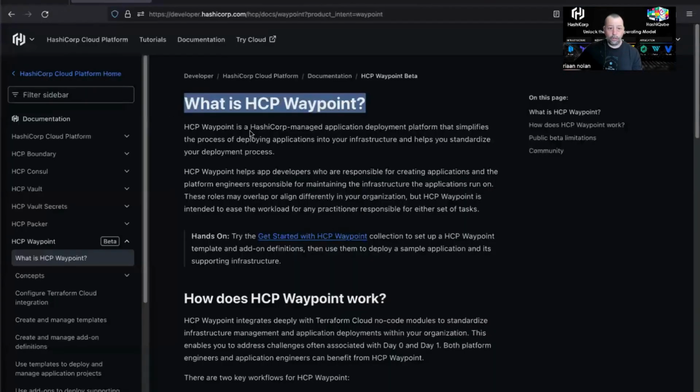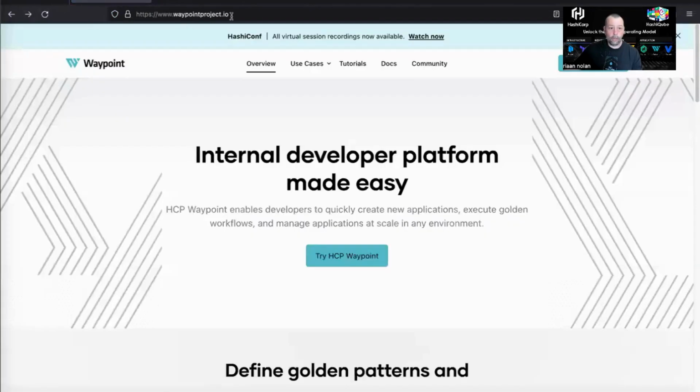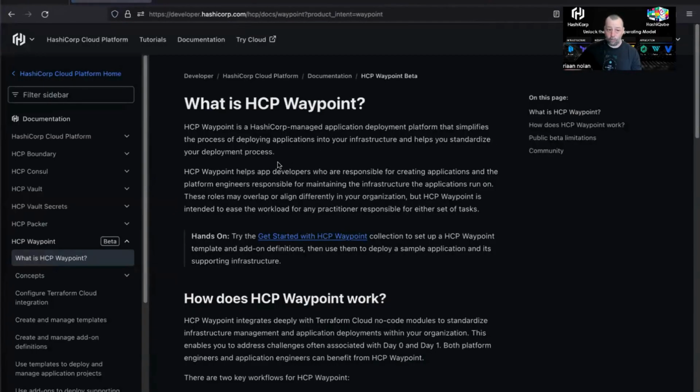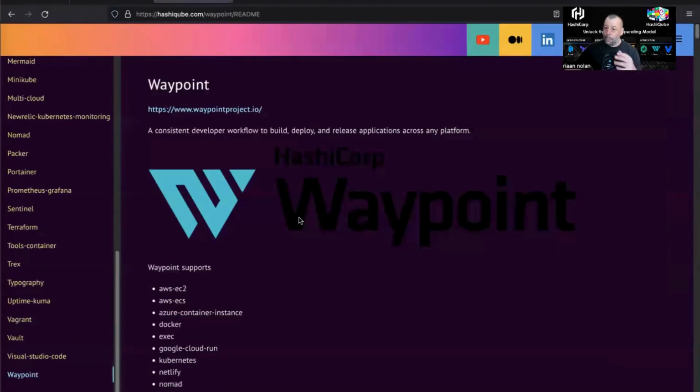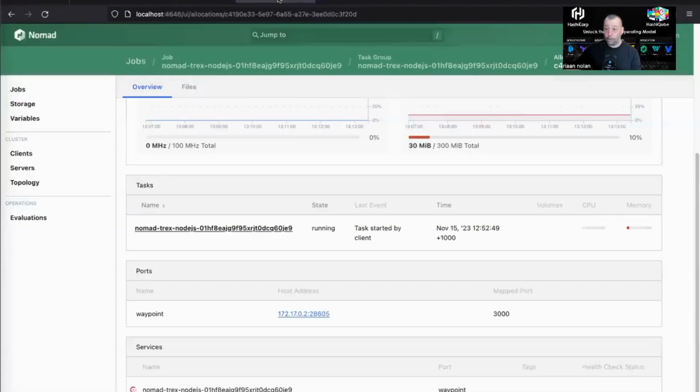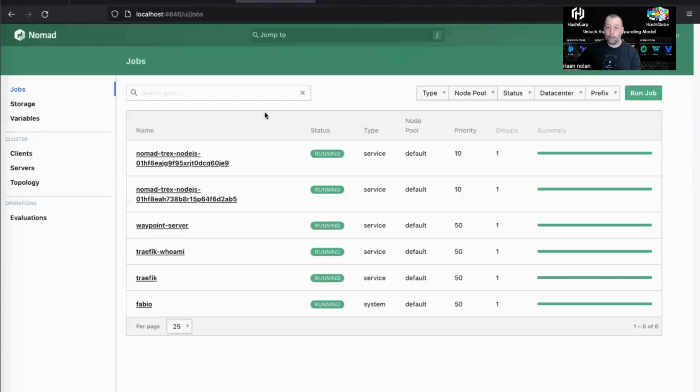So if we go to the HashiCorp Waypoint website, the Waypoint project, we have the same website that we are used to, with wonderful documentation from HashiCorp. Now, by the looks of it, Waypoint is moving more towards HashiCorp Cloud Platform. But with HashiCube, we are also running it locally. So inside of HashiCube, on top of Nomad, we are deploying Waypoint,